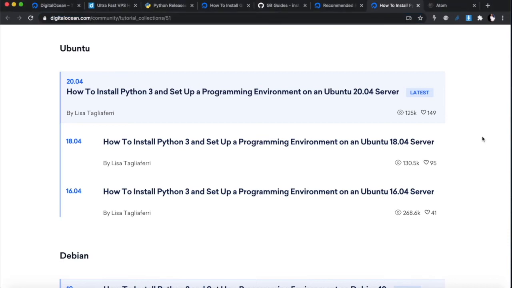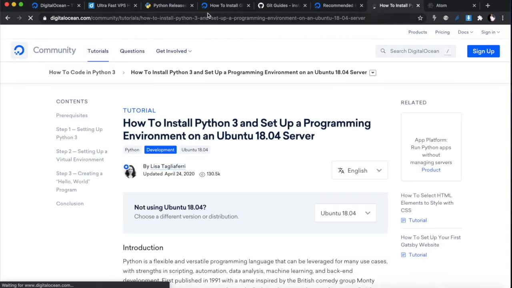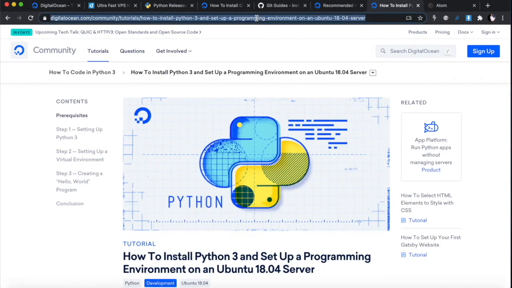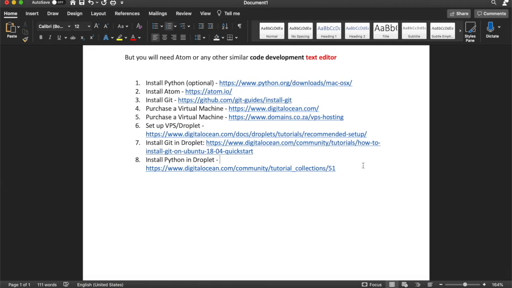Okay, so I've just confirmed it. The Ubuntu server that you need to install is 18.04. Probably the other ones will work as well, but just so that you don't have issues, because sometimes small details don't work, okay? Click on this one, and I'll copy this link and put it on the document as well. So instead of these collections, I'll just take it out so you don't get confused, okay? So rather use this one, the Ubuntu